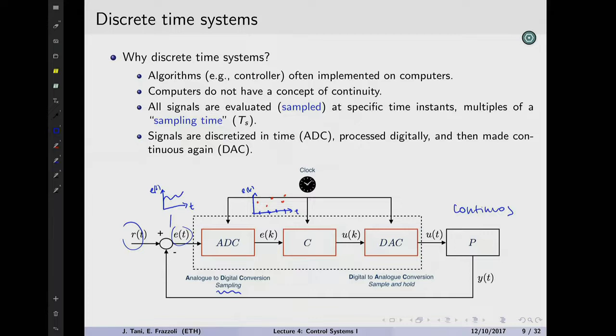And then in order to get back to the continuous world, there is an operation called digital to analog conversion, which can be done in many different ways, but the way we will focus on is the so-called sample and hold. So we have, let's say, U of k as the signal coming in discrete time,